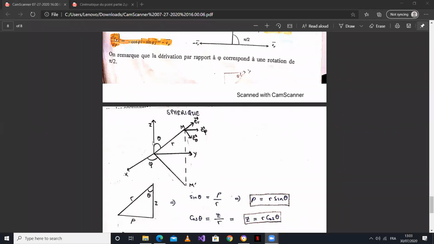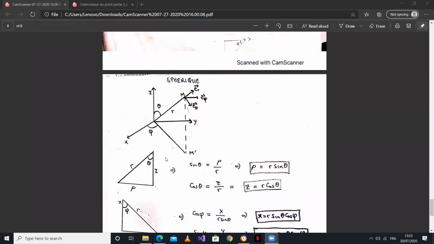So we have this point there, we have this point there, and we have this point there. Okay, we have this M prime, and we have that, the way it is, R, theta, and phi. So we will begin first by extracting our first triangle. The first triangle we are going to extract is going to be in the vertical plane,